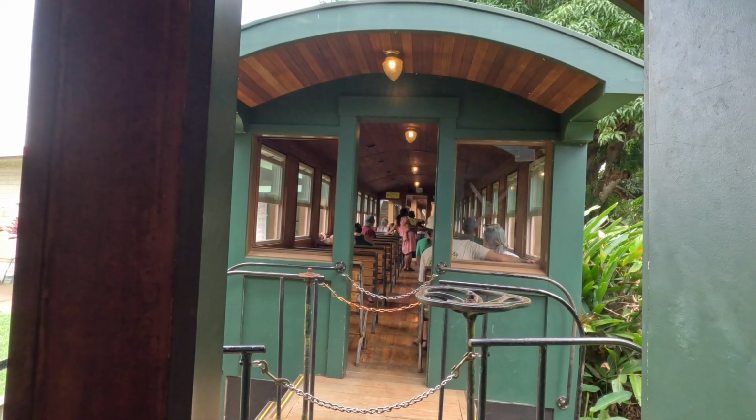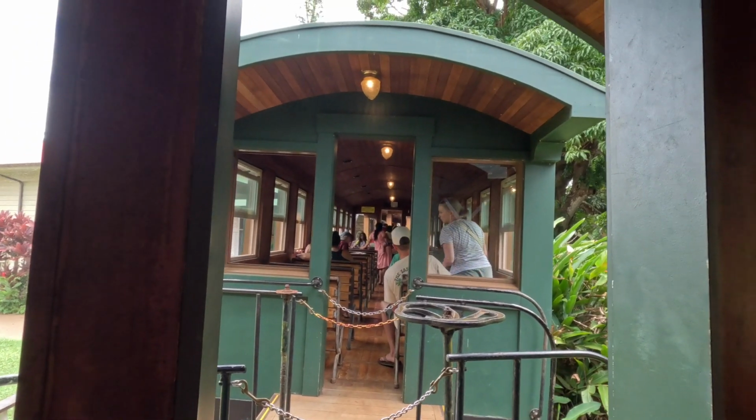Alright guys, that's the signal. Feel free to stand on, exit off the front of your cart there. Undo the chain as you guys are